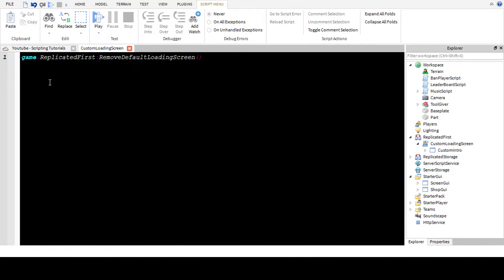Then we're going to work with the top bar transparency, but instead of going straight to it, we're actually going to do a repeat statement, and we're doing this repeat statement because part of it is what we're going to be using later on and throughout the whole script. So let's go ahead and get into that. So it's a repeat wait until